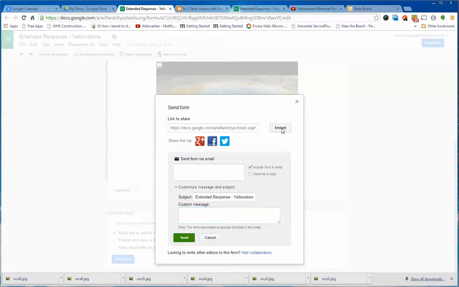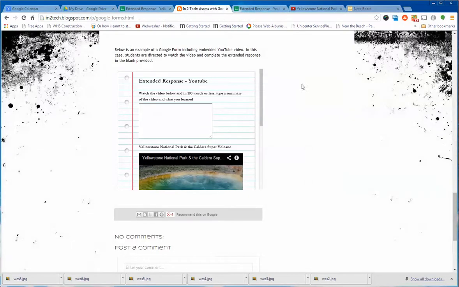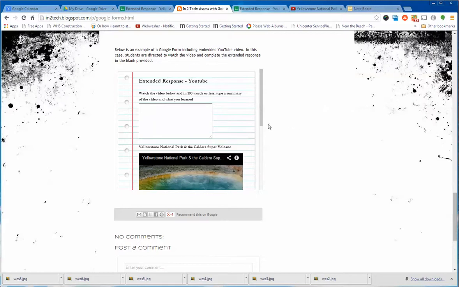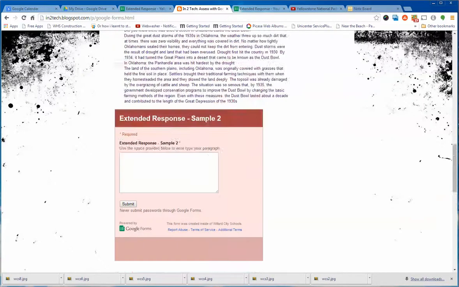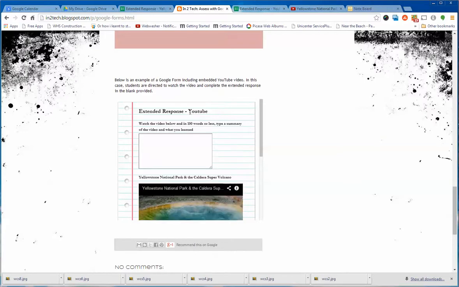Or you can embed this Google form. And that includes the code here, which I have actually done on my site, that is intotech.blogspot. I've created this blog, several links inside my blog to tech sites, etc. And this was an actual site I used to do some training for our staff on how to create some